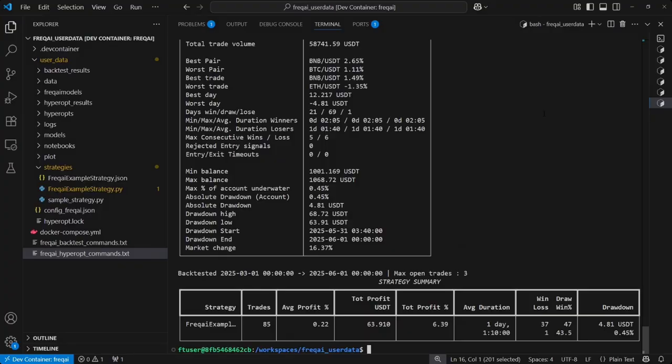And that's it. Now you know how to optimize a FreqAI strategy with FreqTrade. In the next tutorial, we'll take it a step further and learn how to develop a hybrid strategy, combining rule-based